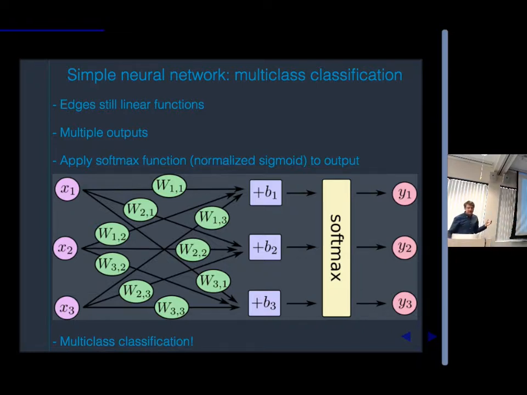But this is still just a multi-class linear classification. The scores for each class, the thing before the softmax, are a linear function of the inputs, and then we convert them into probabilities with this softmax function. So although the graph is a little bit messy, this is still a very, very simple classifier. I guess it has some interesting properties, but it doesn't have any cool neural networky specific properties.